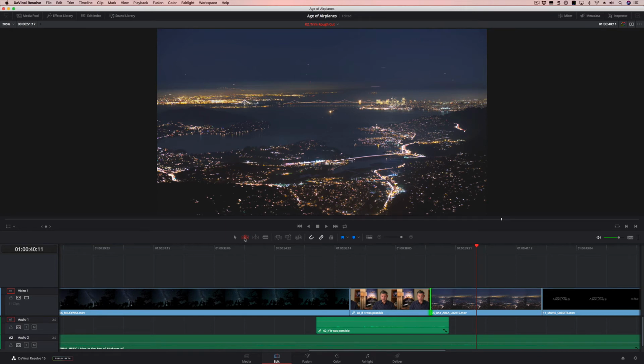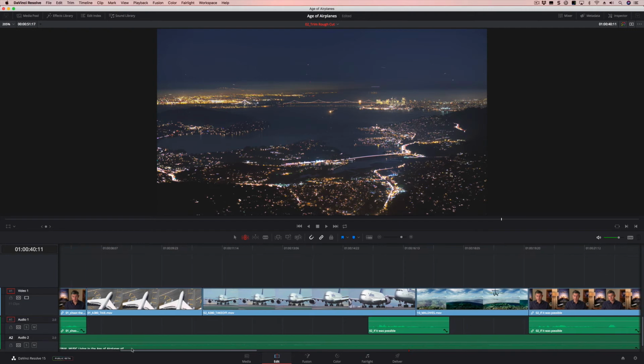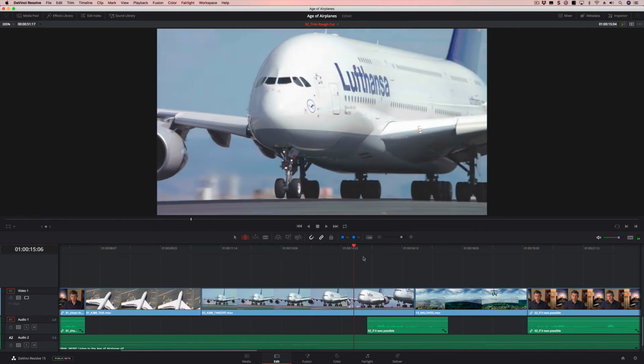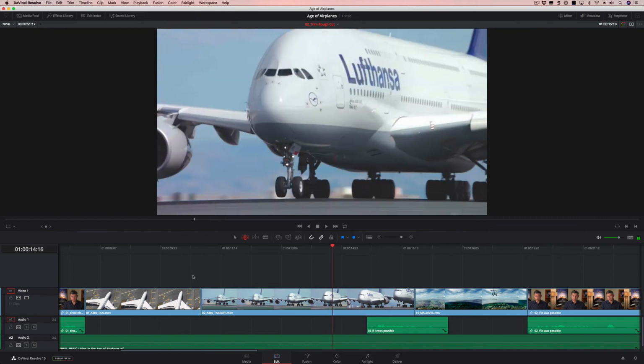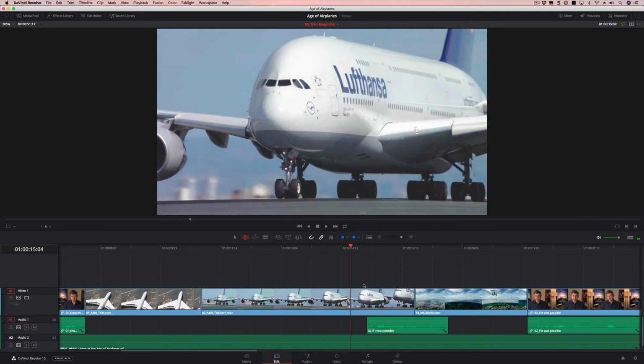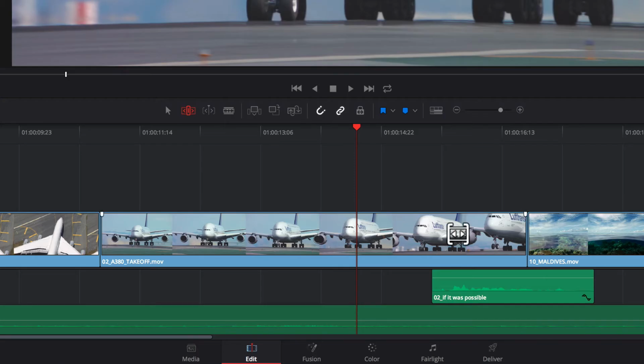The next thing you do is you go into slipping clips, and for this one we go over to the beginning of the timeline, so you can just scroll to the beginning again, and it's this one here, this takeoff shot, and you can see if you play through it, it starts okay. It's a little long on the start, and then you never see it take off. So what you'd like to do is keep it in the same location, but just change where it begins and